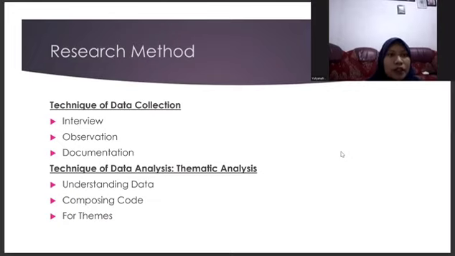Next, the techniques of data collection: the first is interview, the second is observation, and the third is documentation. The first, interview. I will explain about the technique of data collection, interview. Interview is